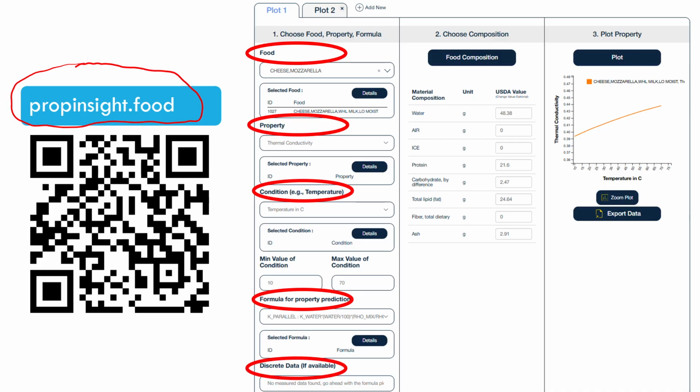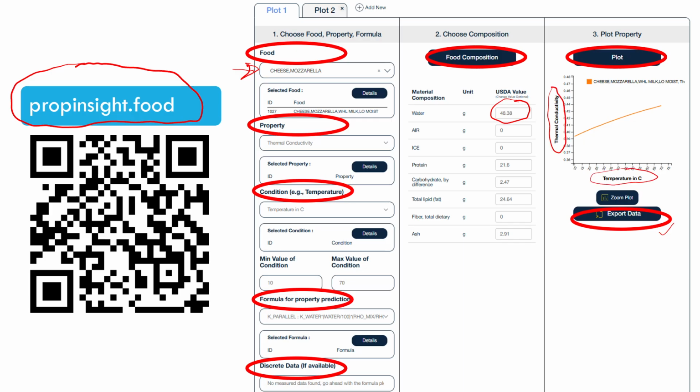And then finally, if there is any discrete data available, that is also included. Then the composition of food, once I choose the food, the composition is automatically there. But of course, one can change the composition if you're trying to do what-if scenarios. And then after doing that, we simply click plot, and it gives me this plot of thermal conductivity versus temperature, which we can export.